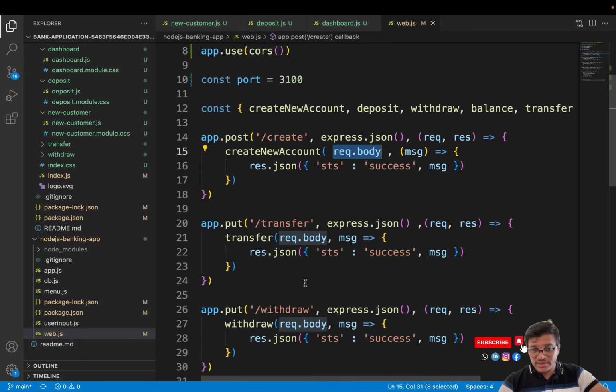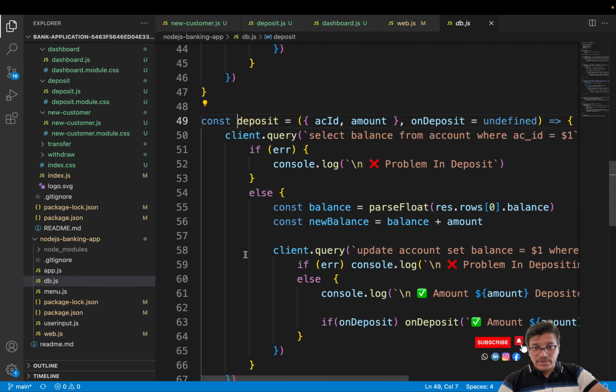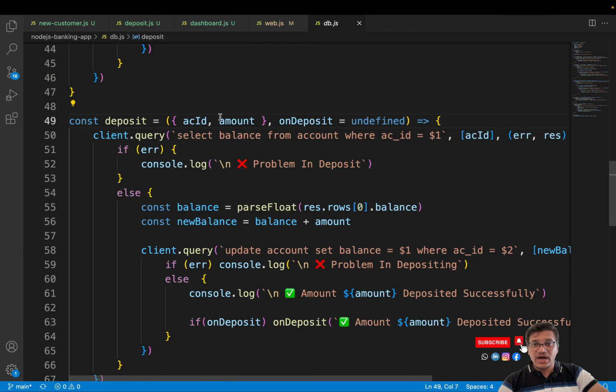So here in the deposit, this amount is considered as string, but